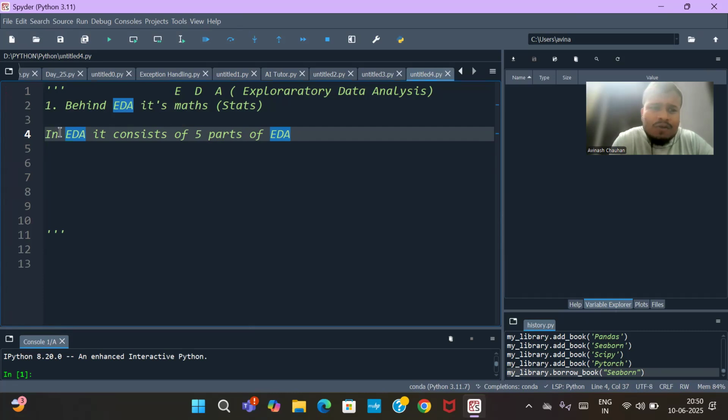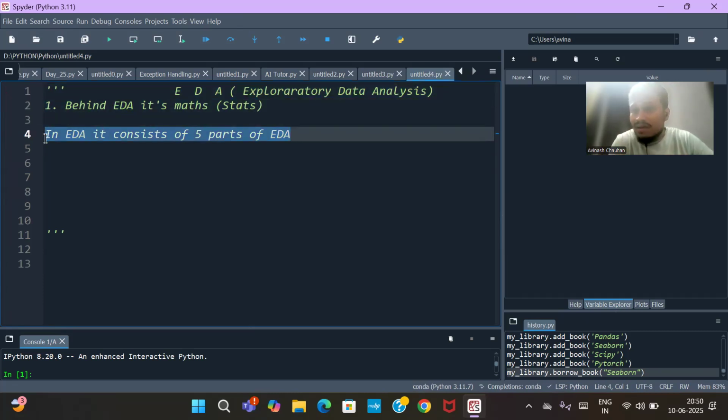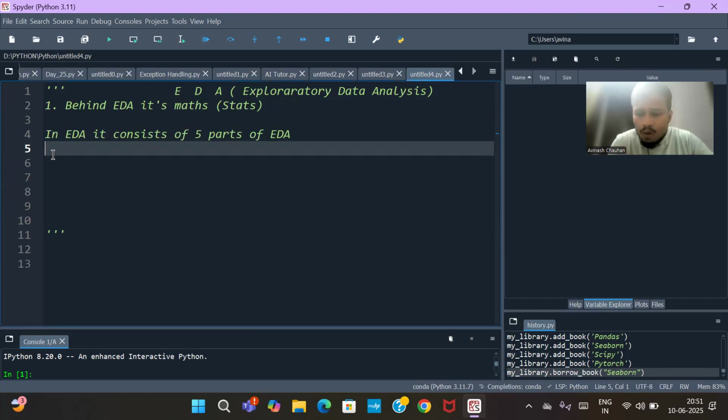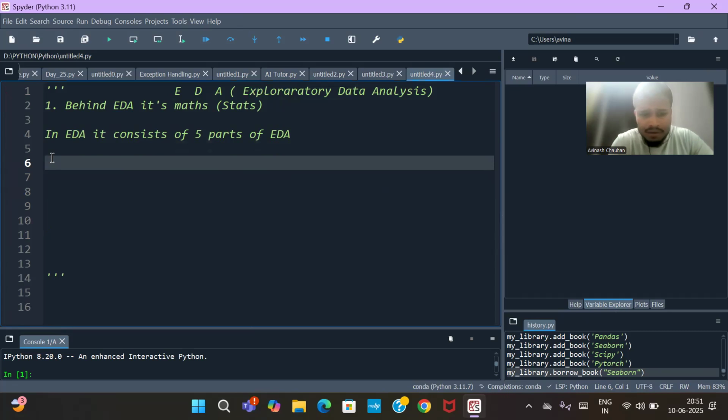You only need to understand these five parts, and your EDA will be completed. Five things are there. You have to understand these five things. So, what is the very first thing? Very first thing is we call it